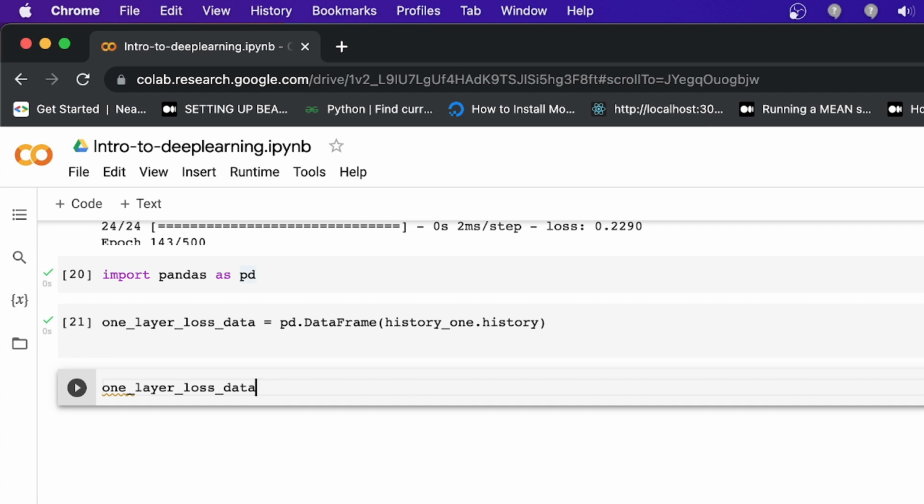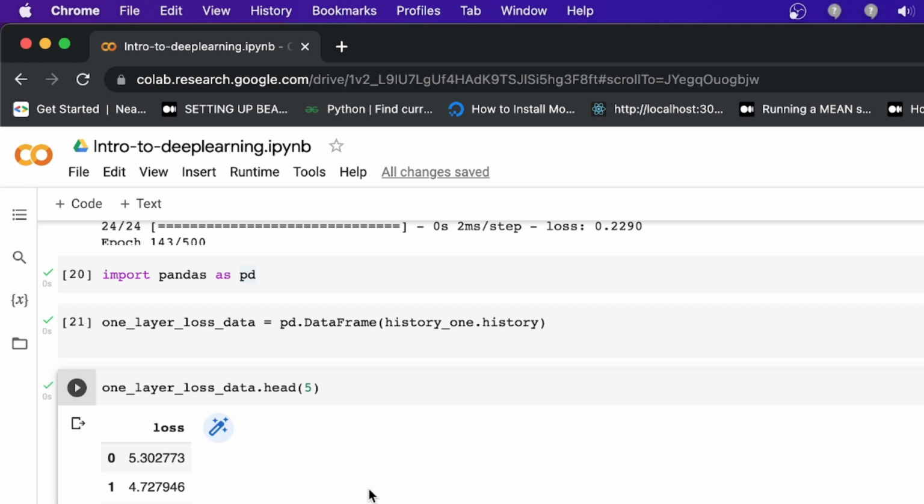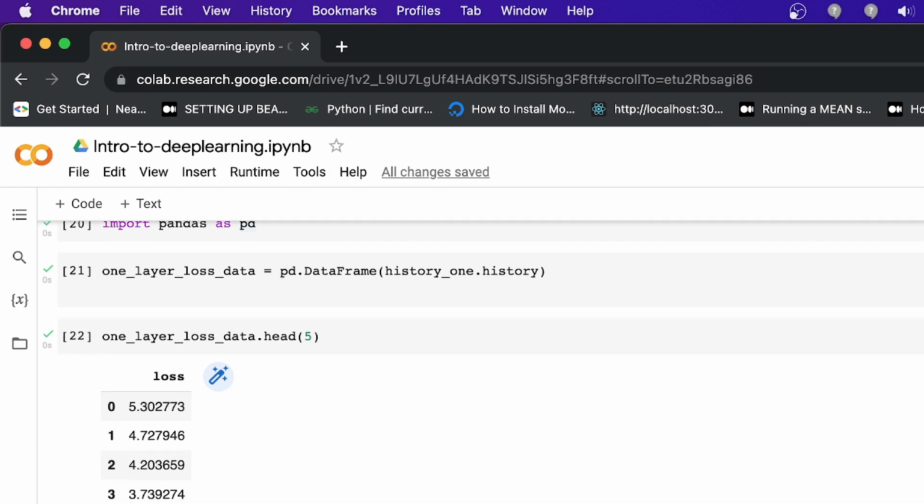Let's see what this contains. I'm taking only the top 5 values. This is the information of the loss. Now I'm going to draw this graph.